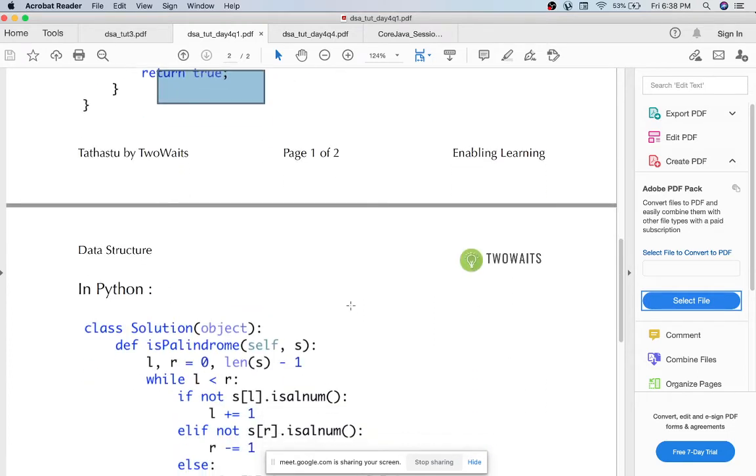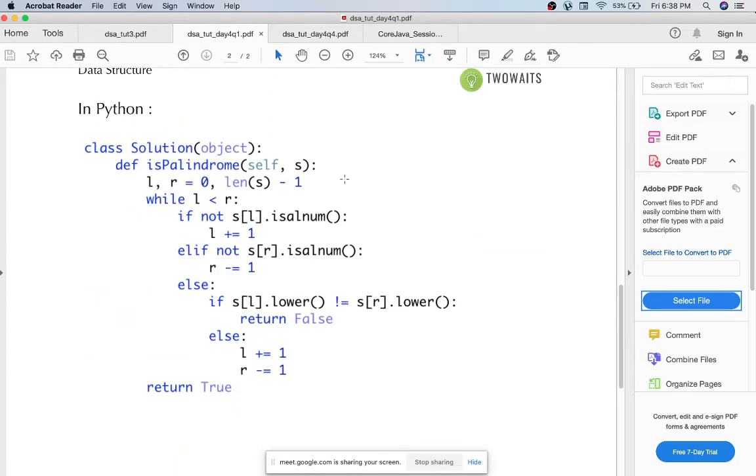So let's look at my Python code. So you have initialized left and right, L and R, you can call it high, low or whichever you want. You initialize it to 0 and length of s - 1, while L is less than R. If not isalnum, same +1 -1. You compare. If it is not equal, you return false. And in this we have done the increment in the next else statement, because the plus plus operator is not available in Python. You have to do plus equal to.